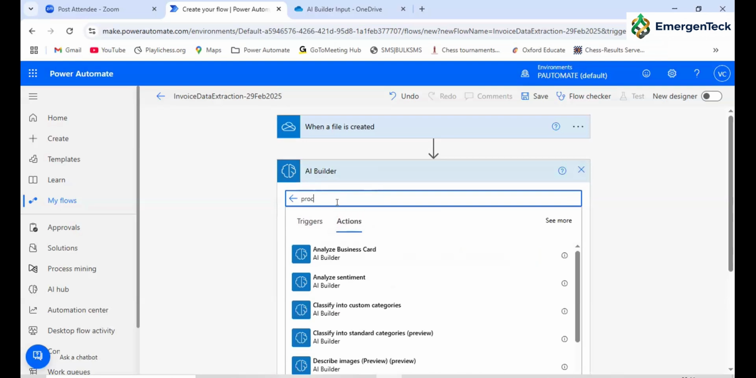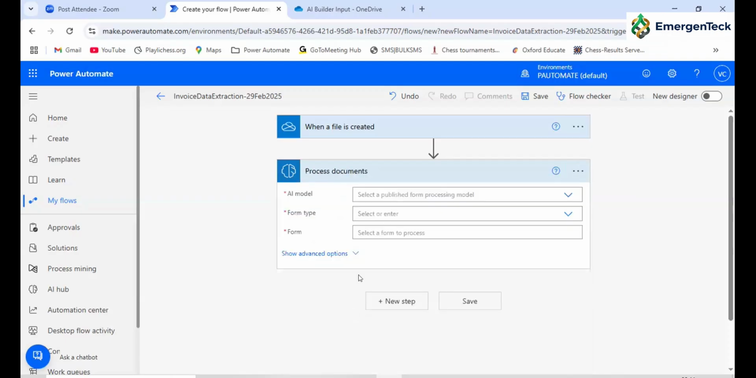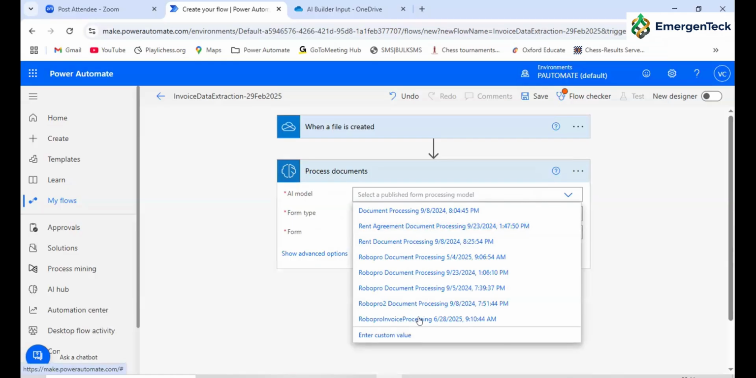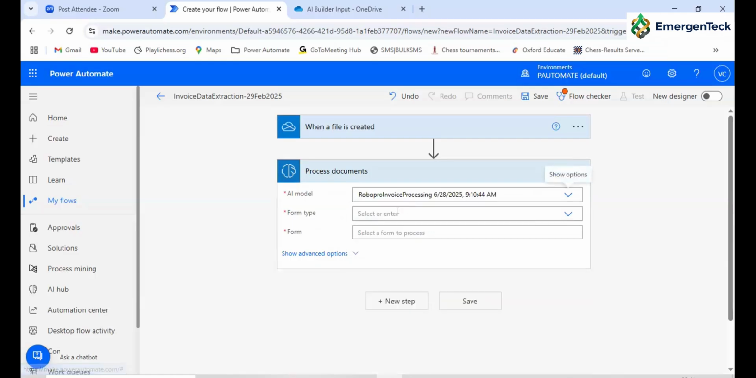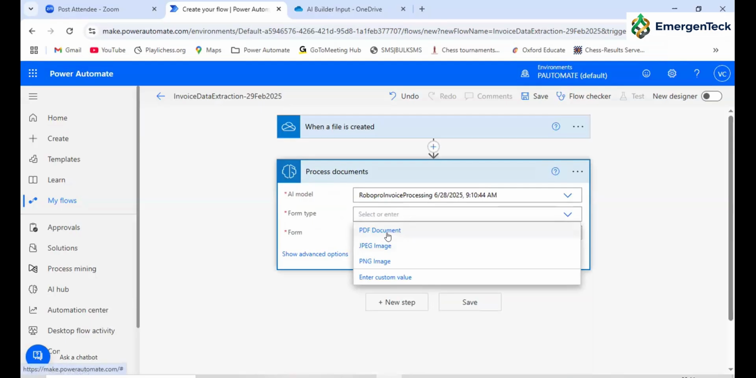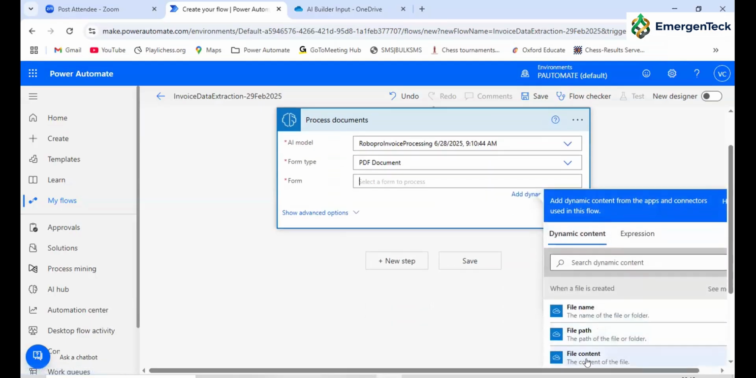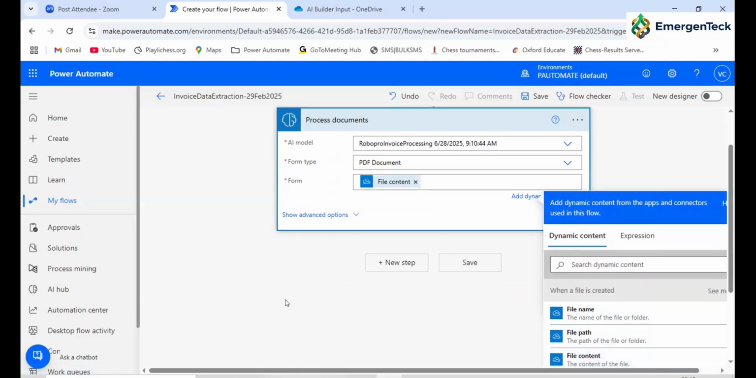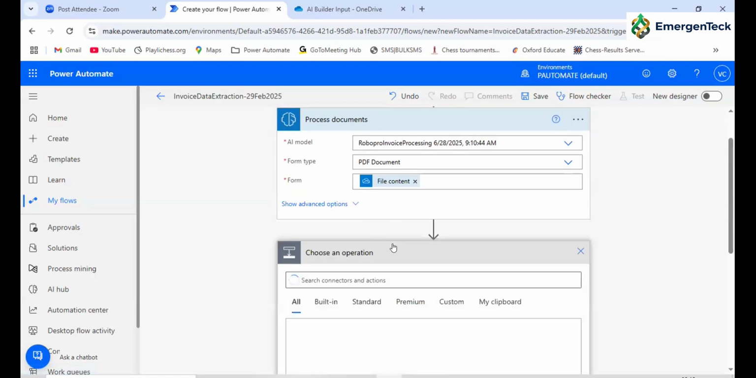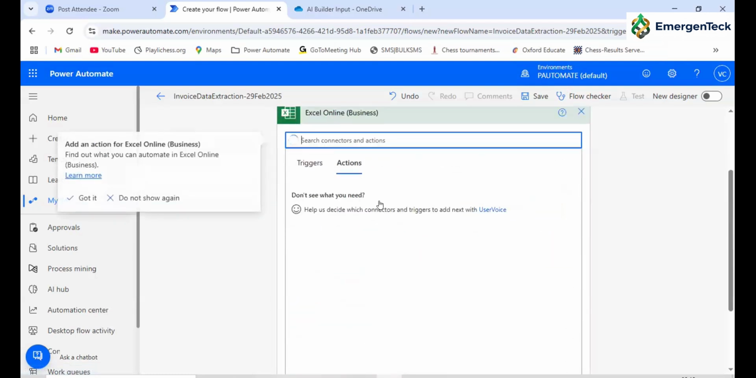So yesterday, in the process document step, which AI model did we use? This one, RoboPro Innovates, which we created yesterday. Select a form, it's an invoice form. So now here you can see the file content. Whenever the file gets uploaded, the input will be supplied here as file content. And the next thing, Excel Online Business,